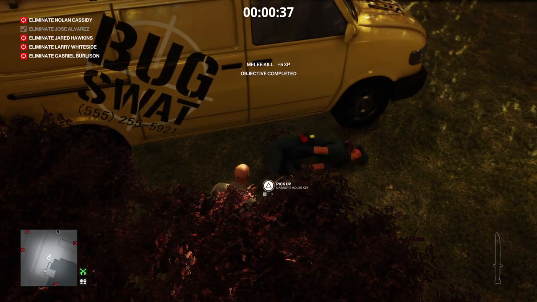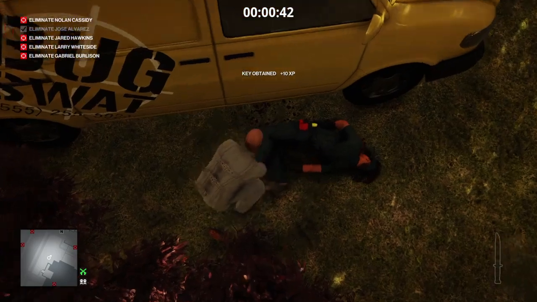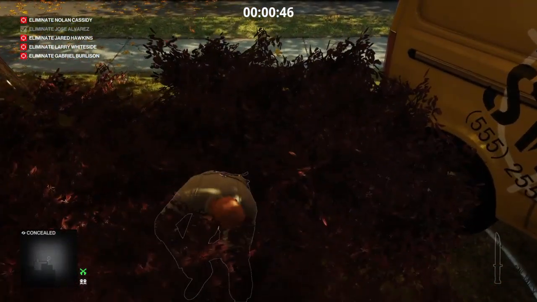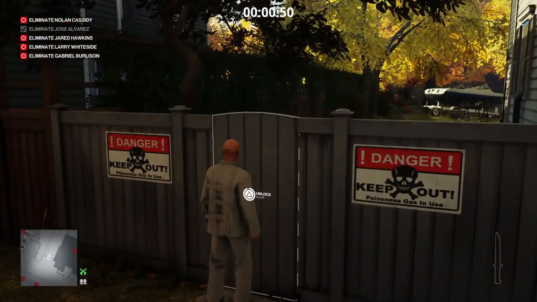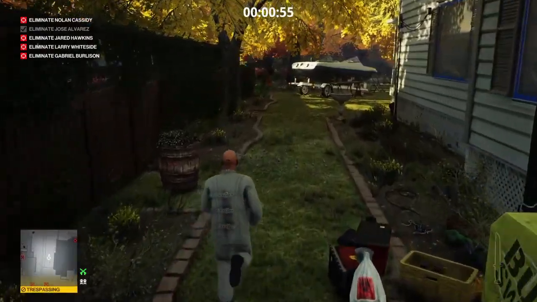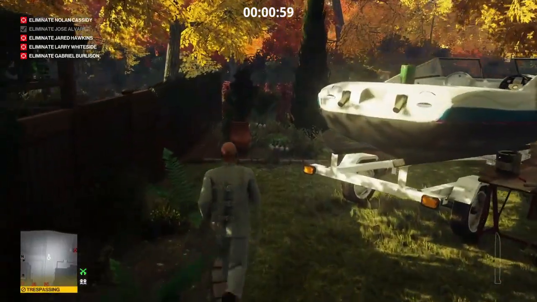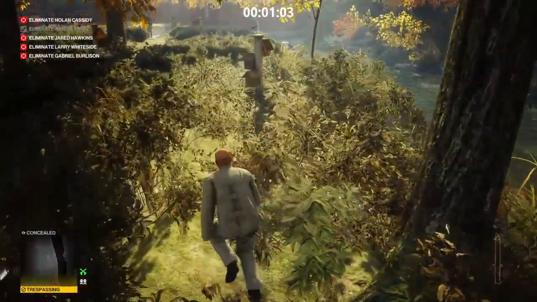Now we're going to grab Mr. Batty's keys and then hide our friend in the bushes provided here, and then we can make our way into Mr. Batty's garden. You can just hop the fence, but I thought I'll take the keys as they're available, and we're going to make our way around to the rear of Nolan Cassidy's house and into the wilderness,